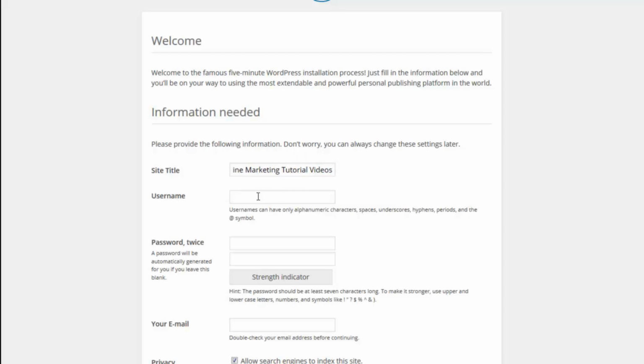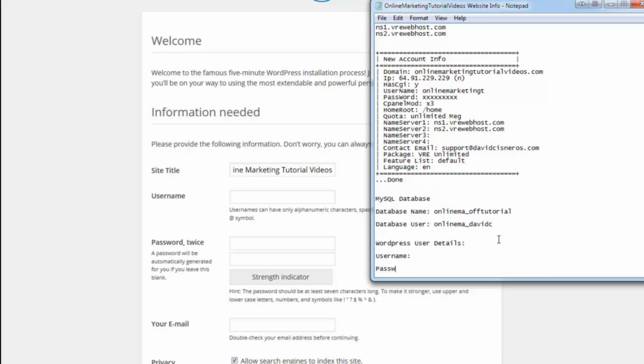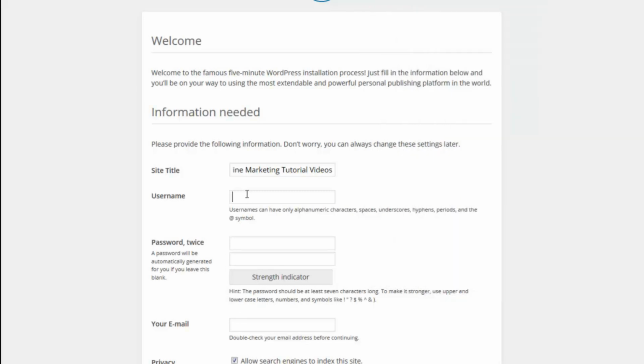All right. Our username, that's the information that we're going to use inside of WordPress. So again, I'm going back to my little handy notepad, and I'm going to put WordPress user details. So I'll go ahead and put a username in here. So for this, I'll put WP admin,